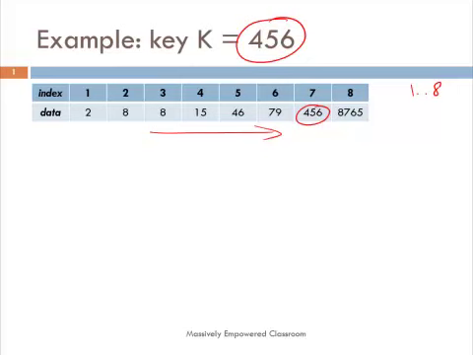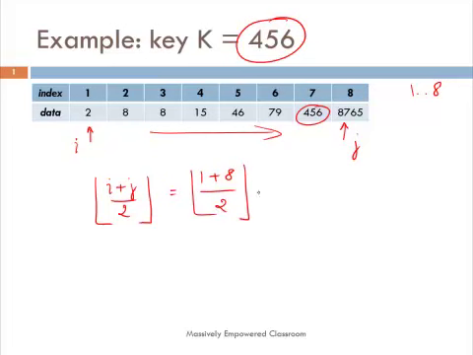So how do we implement a divide and conquer technique to give us an efficient way of searching for this particular key k in this array? So first we will assign i to 1 and j to 8. Then we find the midpoint. The midpoint in this case is the floor of (i plus j) by 2, which happens to be the floor of (1 plus 8) by 2. Floor of 9 by 2 is 4. So the midpoint is 4. So that is mid. What we do is we compare the data element at the midpoint with the key.